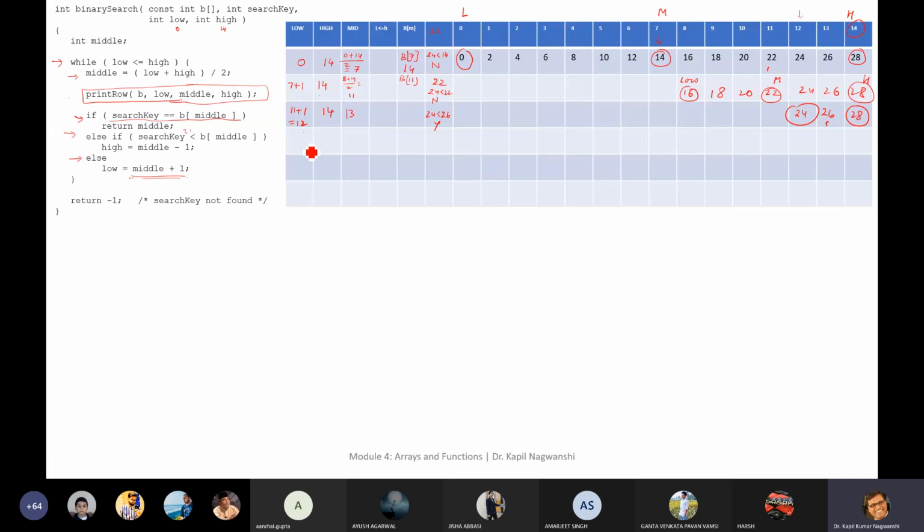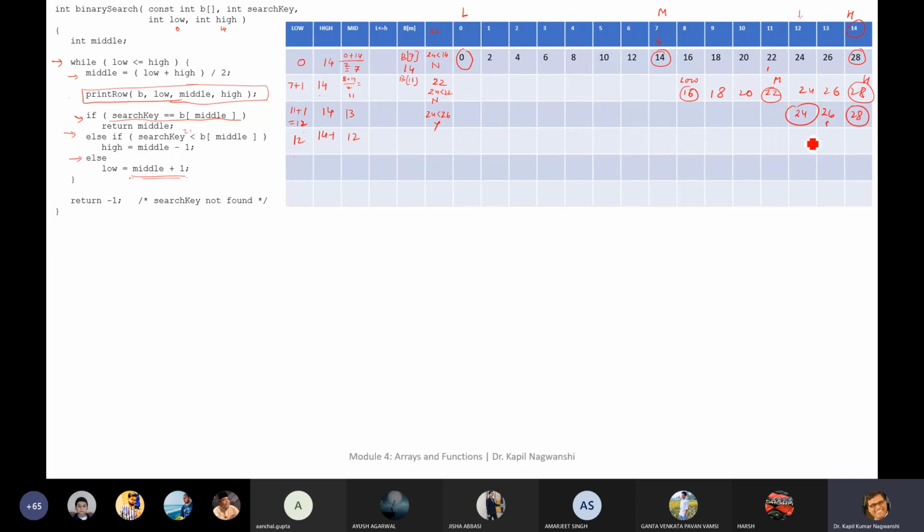So what is the value of high now? High is 14 minus 1, and low is still 12. Okay. And then what is middle now? 12, because this is an integer value.